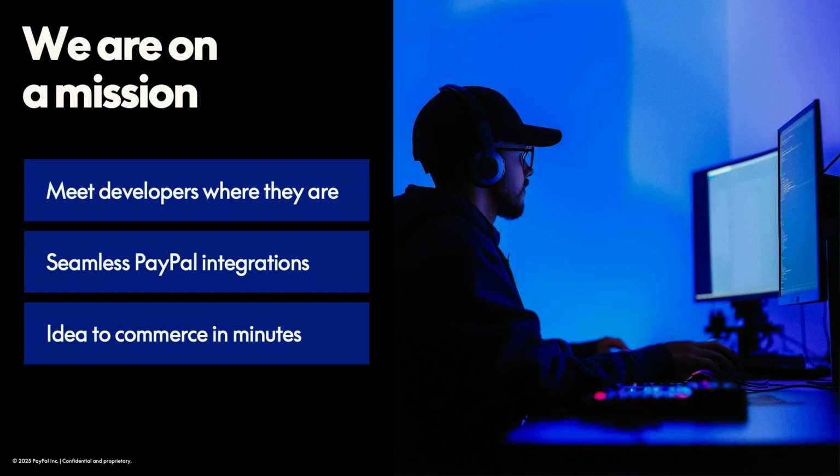But first, this week, I know you've had a chance to attend a lot of sessions. I'm sure you've noticed that at PayPal, we're very serious about meeting developers where they are. We're doing this by enabling agentic commerce and code assist solutions using your favorite tools. So for example, we've teamed up with Replit to deliver a seamless integration with PayPal. And I see some familiar faces in here.